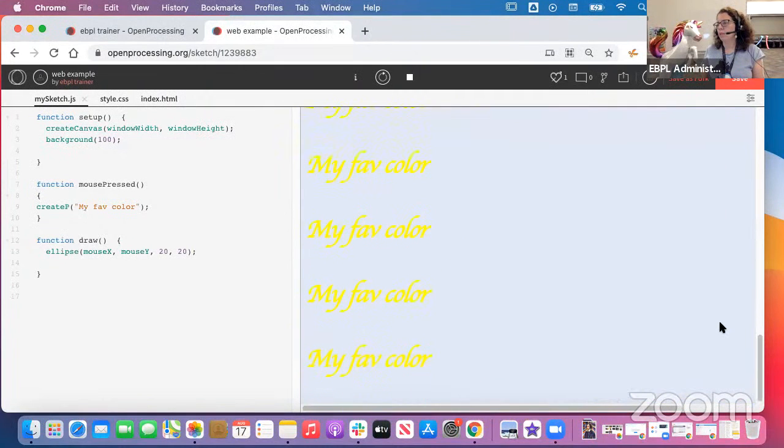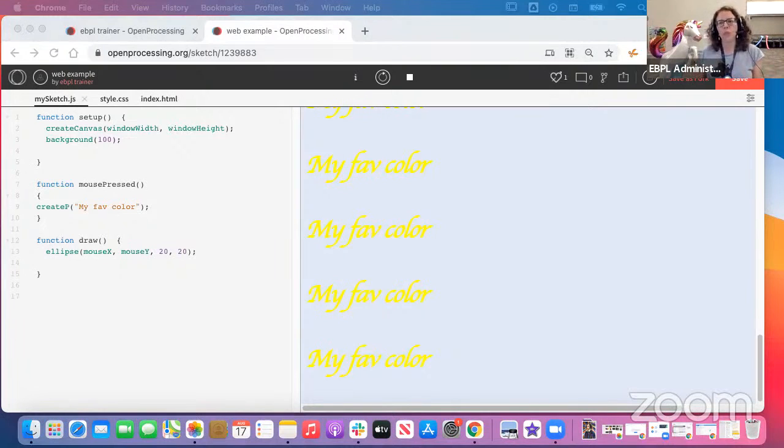Maybe you can have raining tacos, or random numbers or something like that. So what other things? Now that you've learned how to do this with createP, which creates a P element,